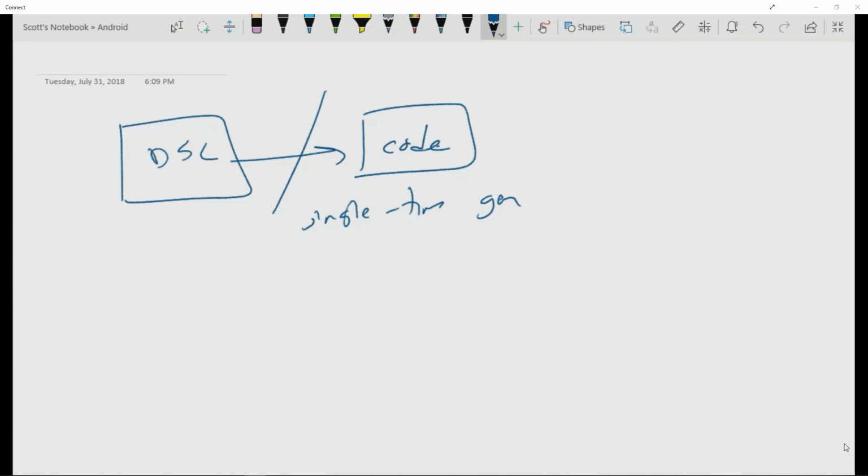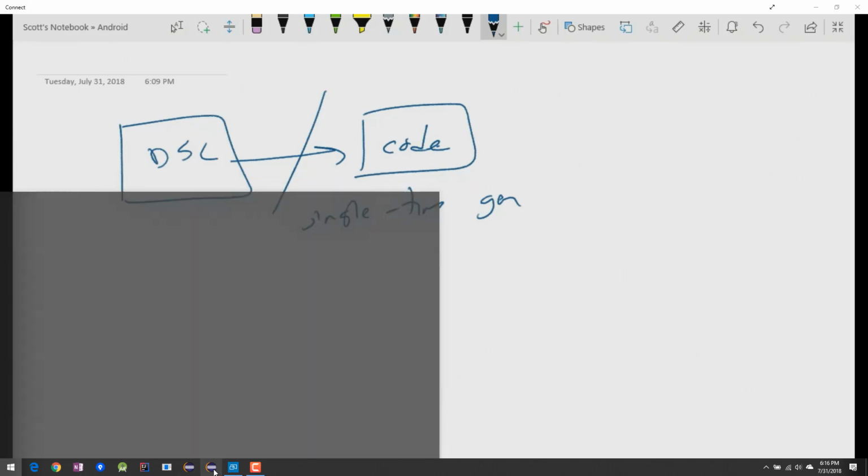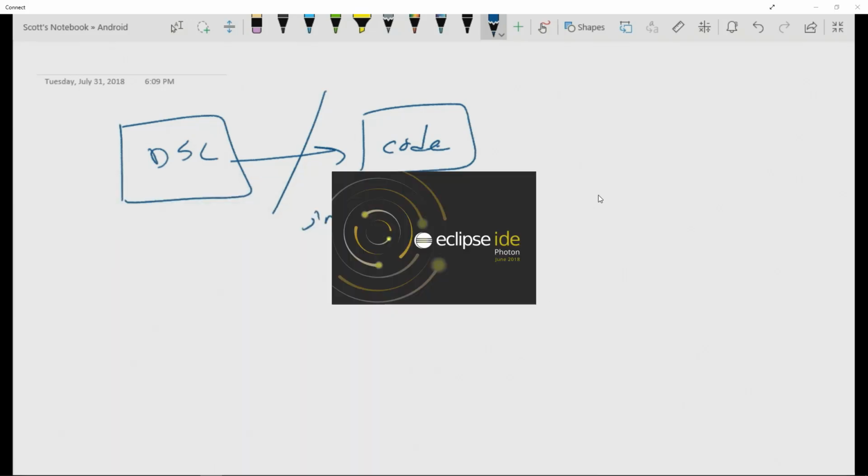Xtext does a mix and match of single time generation and every time generation. So when you initially generate with your grammar, it gives you a bunch of shell classes that you can then from there take and modify. So actually I should have probably just started up my Eclipse here so I could show you what I'm talking about here. But when we create a brand new Xtext project,